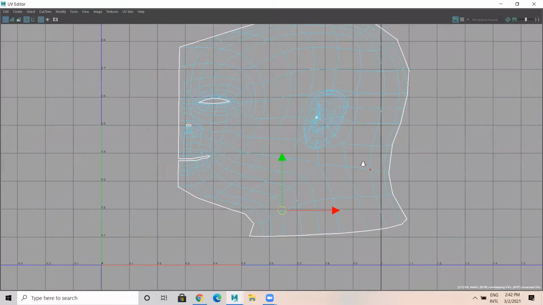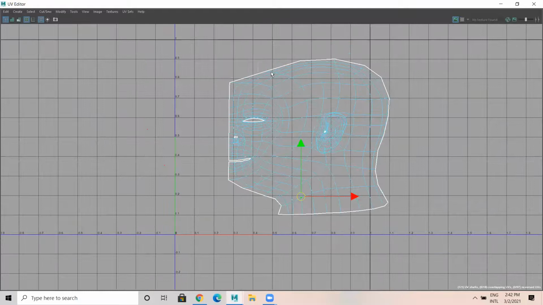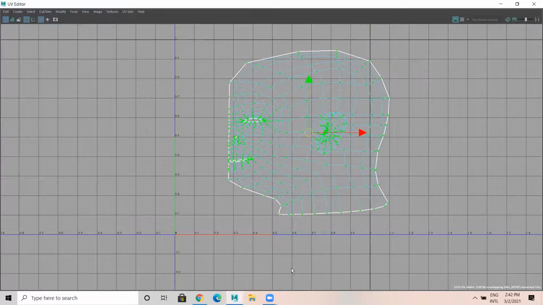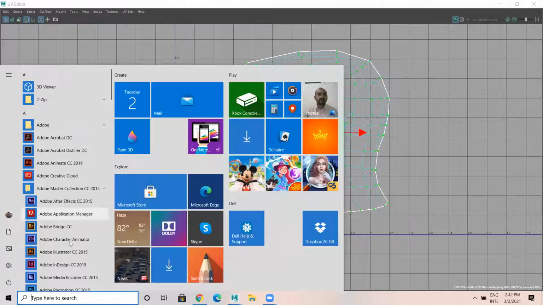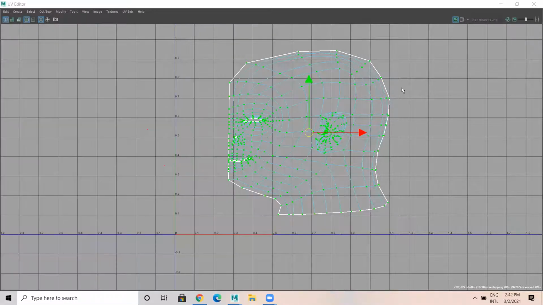Okay, somehow it's done. Like this. Okay, then what I'll do, I'll select all these UVs. We need to work in Photoshop actually later. Means I need to take a snapshot of this.